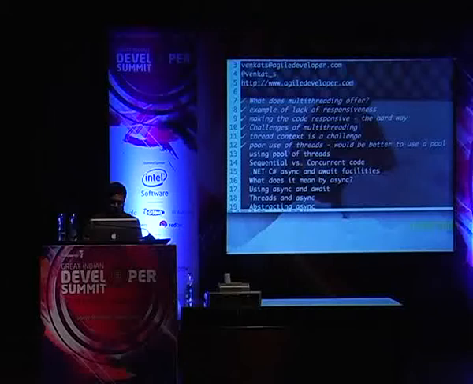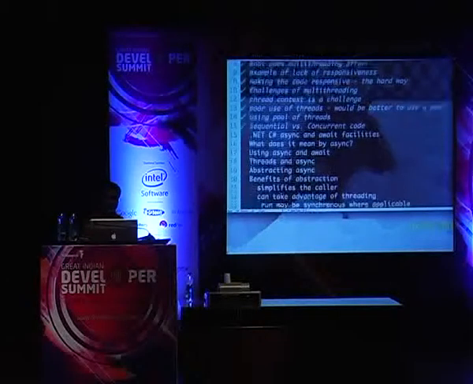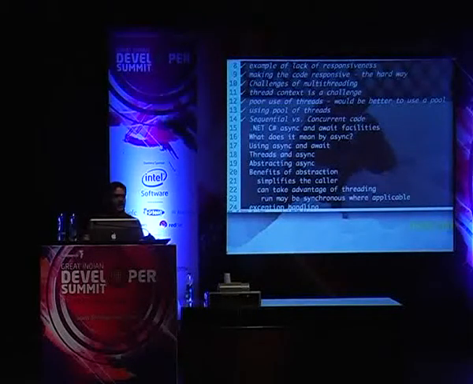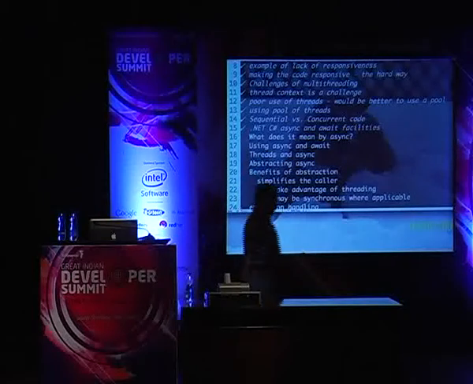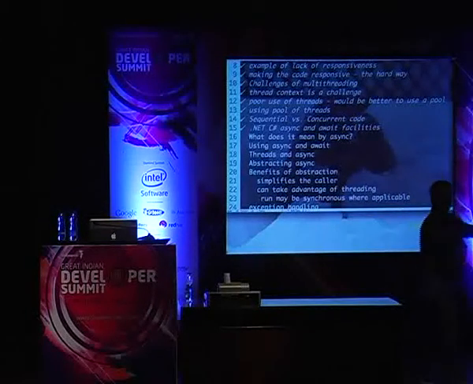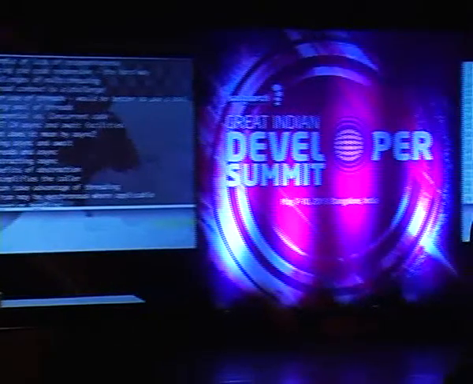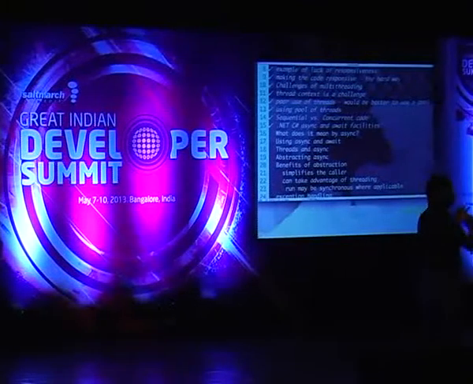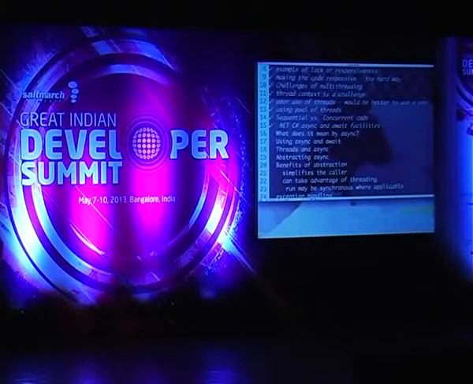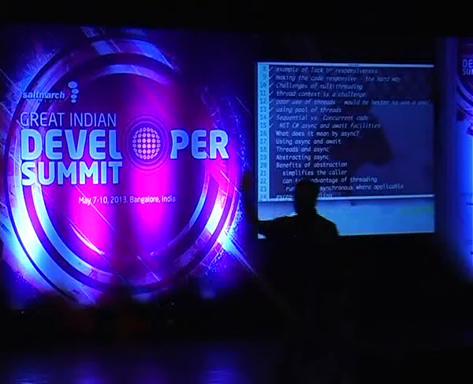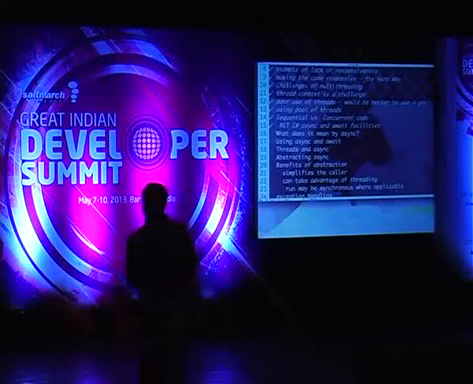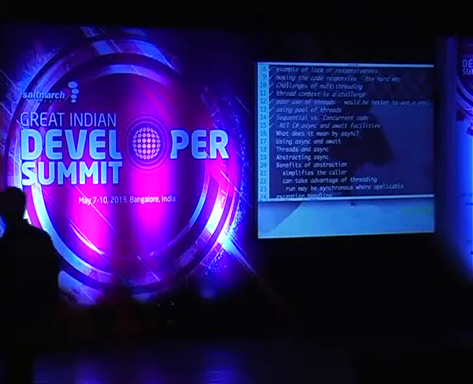We used a pool of threads, but as we saw here, the sequential code and the concurrent code are quite drastically different, and we want to eliminate this kind of problems. So this is where .NET C# 5.0 really took from where it was left before in C# 4.0. So you are still using the task. You are still doing everything I showed you, except rather than you putting the effort to do it, you are telling, hello compiler, why don't you do that silly work so I can focus on my domain logic and get the coding done and go home.